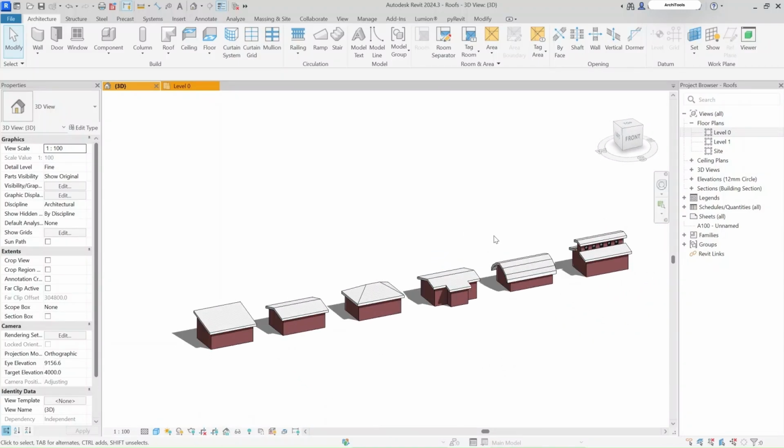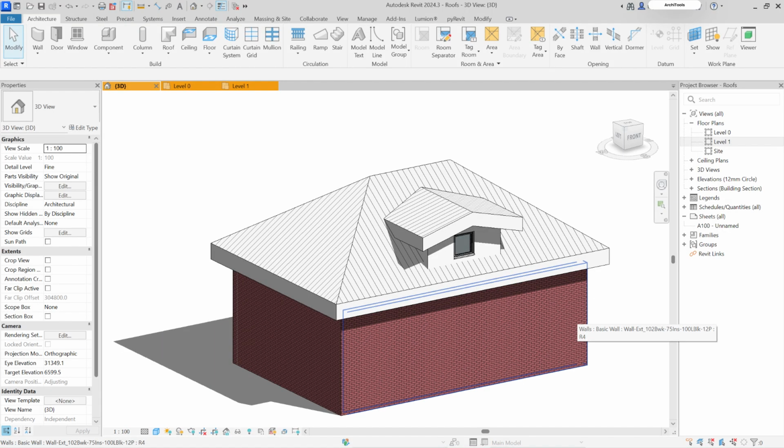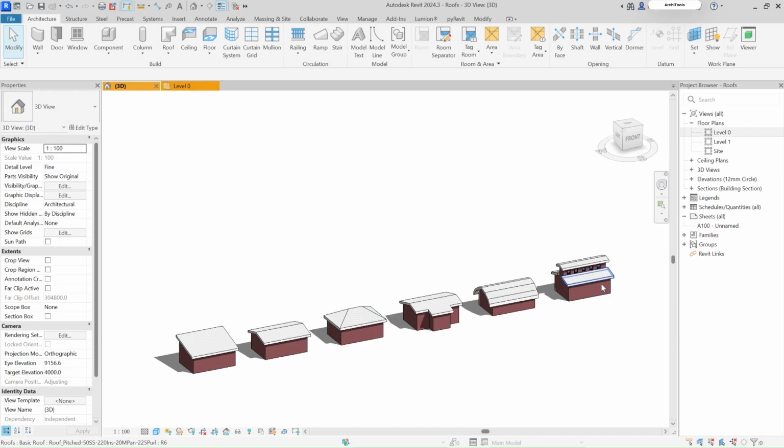In the previous video, you had learned how you can create different kinds of roof in Revit. In this video, you'll learn about how you can create a dormer roof in Revit. So if you have not gone through how you can create different kinds of roof, please do watch it in the previous tutorial named as the module 5. And if you have done it, welcome to this tutorial in which you'll learn how you can create a dormer